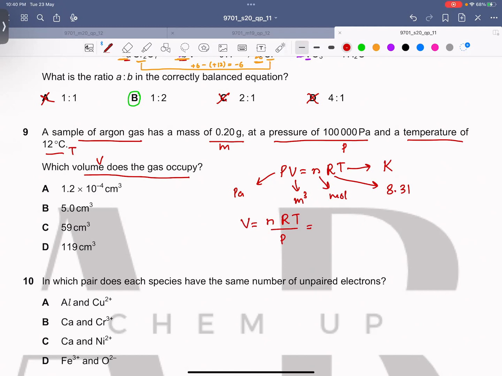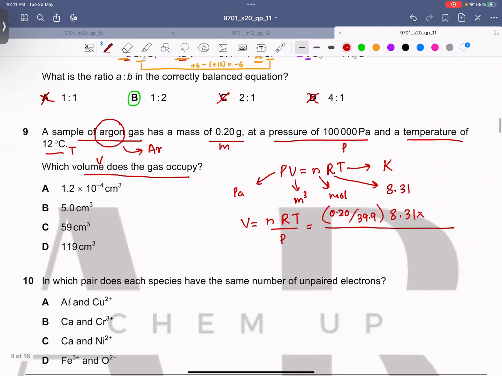But I know the mass, and from the periodic table, I can find the Ar of argon. So can anybody look into the periodic table and tell me the Ar of argon? So instead of n, the number of moles, I would put 0.20 over, is it 39.9, Variza? Times R, okay, thank you, Vita, 8.31